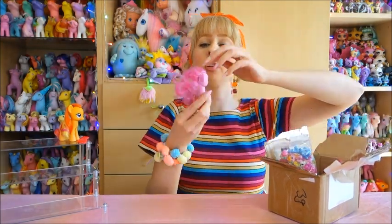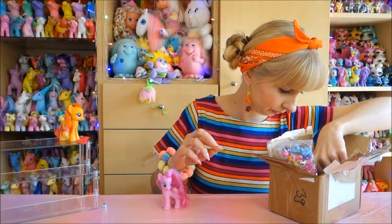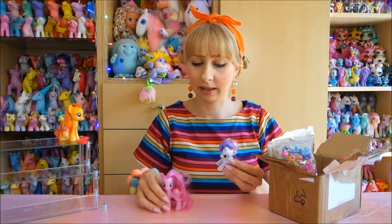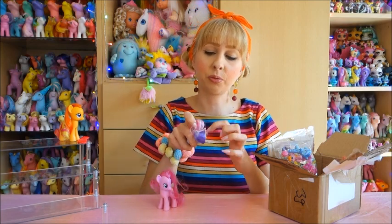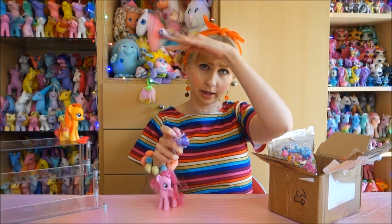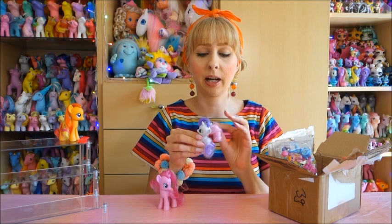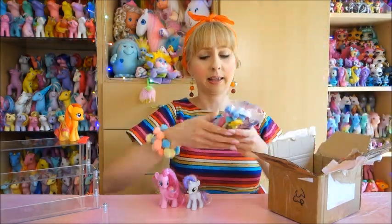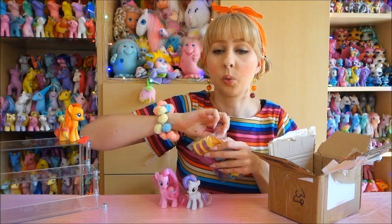We've got your normal Pinkie Pie, and your normal Sweetie Belle, and as they are both together in the set, Sweetie Belle actually has the rooted bangs, so not rooted in this direction but rooted like this. She's a little bit more sought after, a little bit more rare. I have Sweetie Belle, I also have a Pinkie Pie, so that's nothing new, but here are some of the accessories that actually came with the